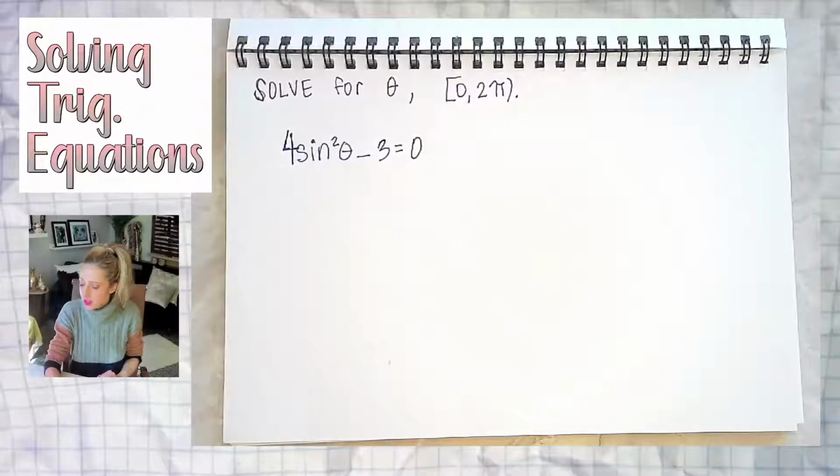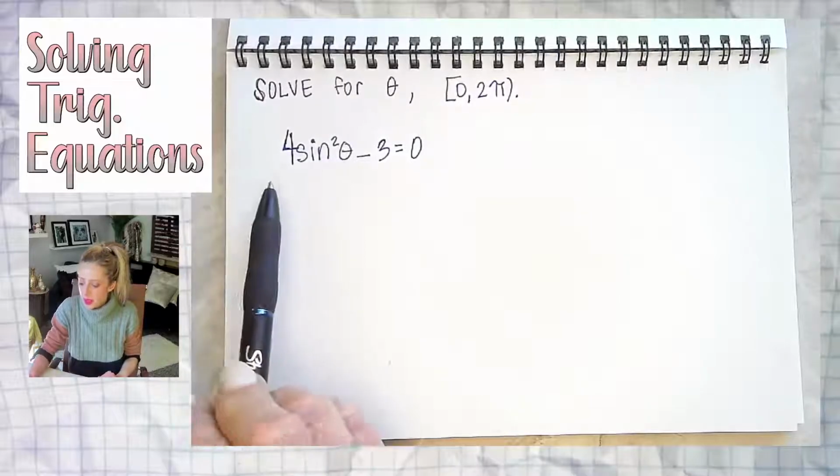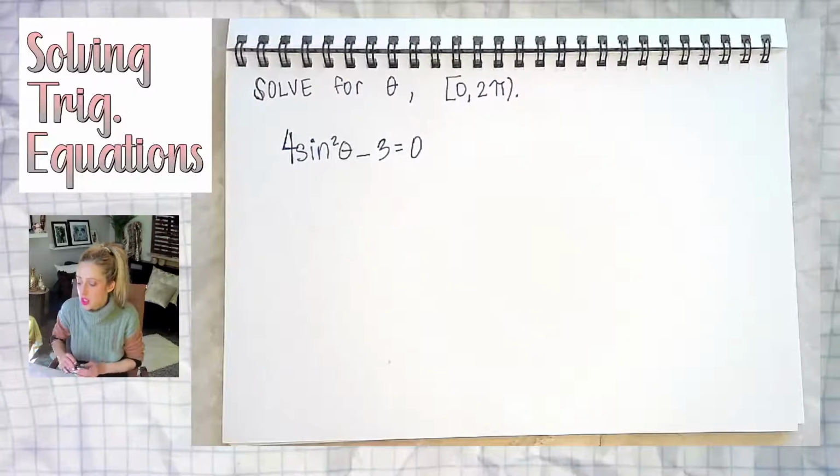Hey guys, here's another example solving for theta. This equation is a trigonometric equation with a higher degree. The degree on the trig function this time is 2. When we solved polynomials in Algebra 2, the fundamental theorem of algebra tells us that we will have that